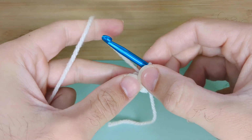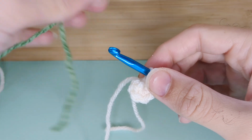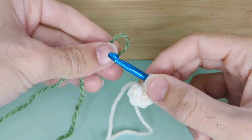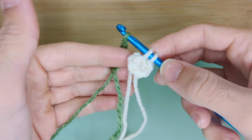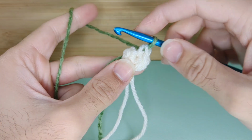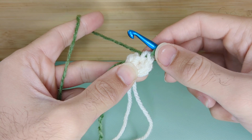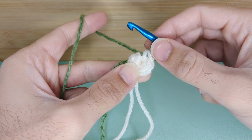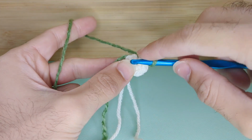And now we're going to do our first colour change. So here's how I like to do a colour change. Some people like to make a slip knot. I cannot be bothered, so I just hook my new colour over the yarn and pull it through. I need to go into the first stitch of round 1. So what I always like to do is count back: 1, 2, 3, 4, 5, 6. So this is the first